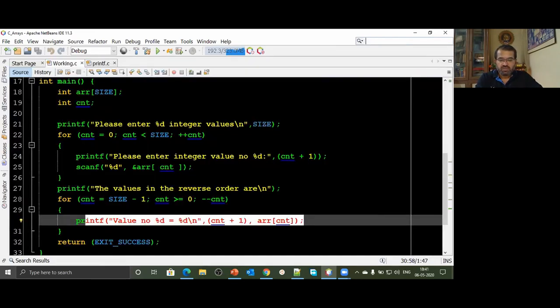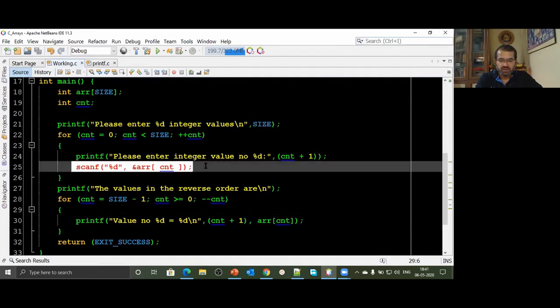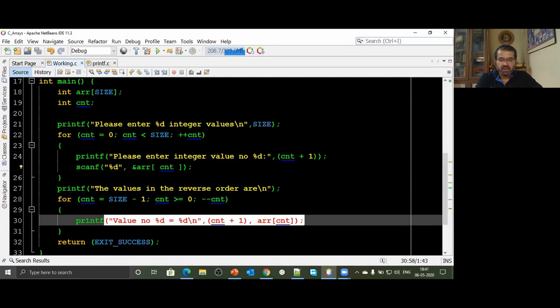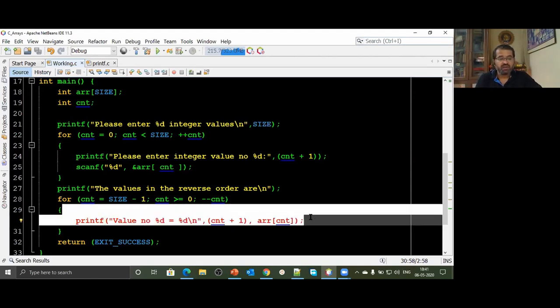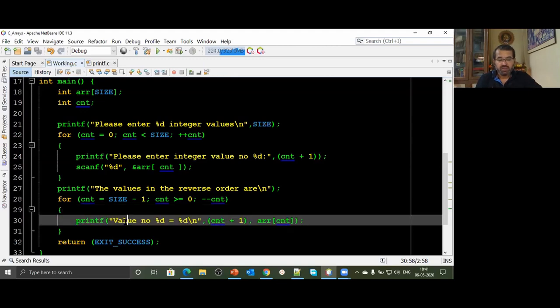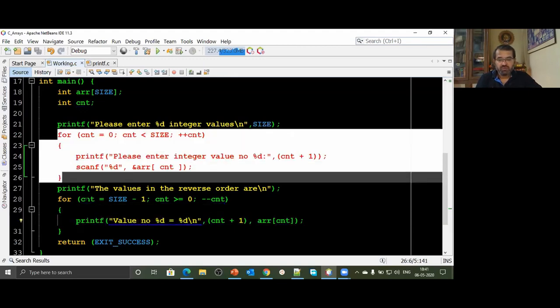So this example was just to show you how to accept values inside an array and how to display them. The purpose was, if I had to do the same operation with 10 different variables, you'd have to create 10 different variables, A, B, C, D, E, F, G, H, I, J, okay? You'll have to accept them by writing 10 different statements, and then print them one after another. Quite a lengthy code. So we have avoided this by using for loops.